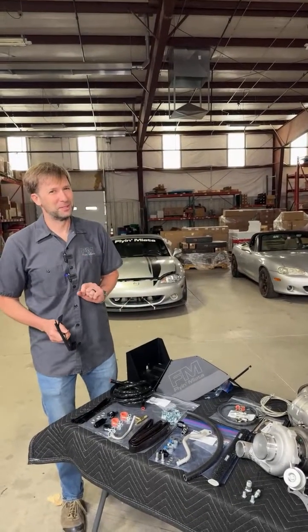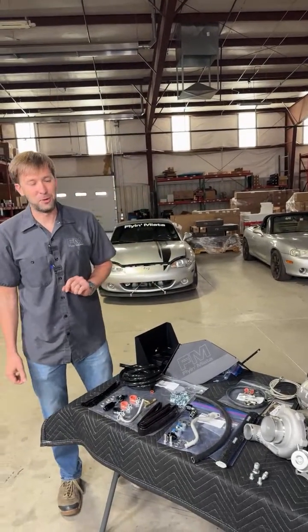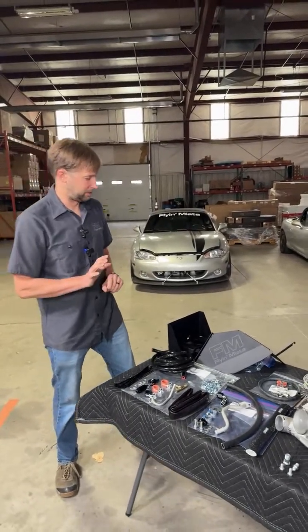You want to go do a fun experiment? If you have a stock NC battery tray right now that's plastic, go out, grab the battery, and wiggle it back and forth. Terrifying. It's not held down very well. But anyway,